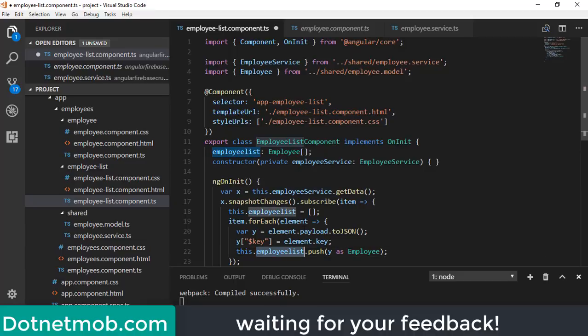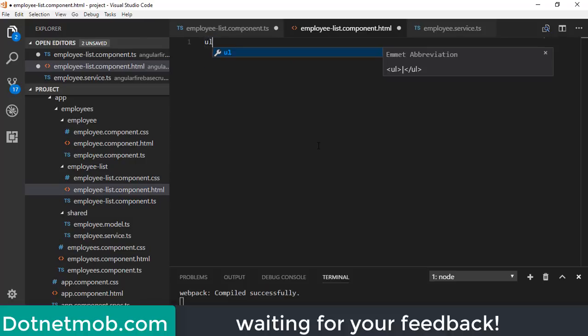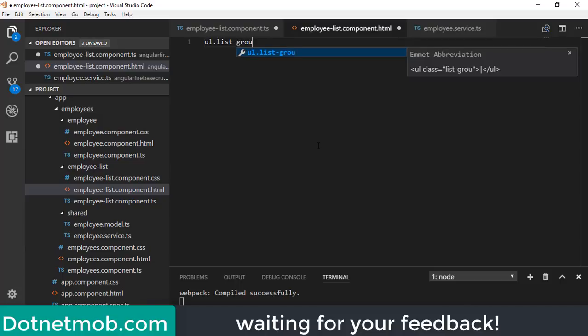Now we can use this employeeList array in order to show the employee list inside this HTML. Instead of this default paragraph, I am going to add a UL element with class list-group. This is a class from Bootstrap, and then we need one more class. However, this is a custom class. We need to define this class inside the style sheet. Then hit tab.